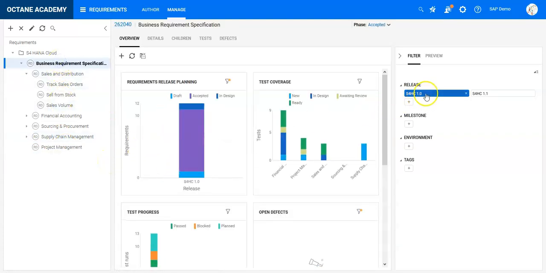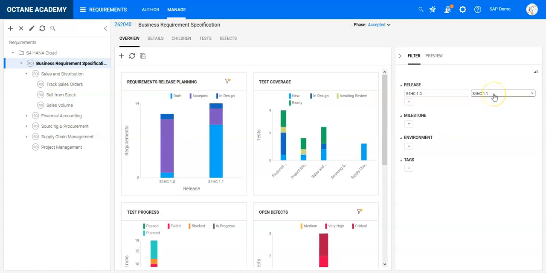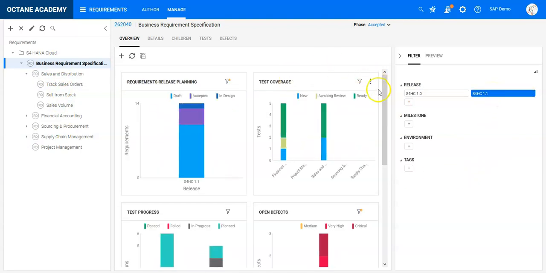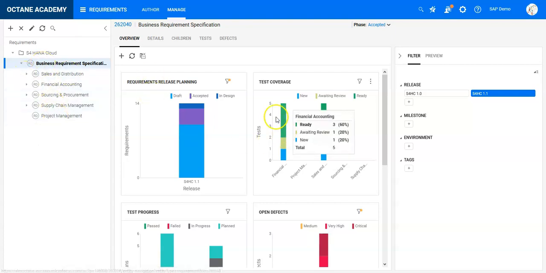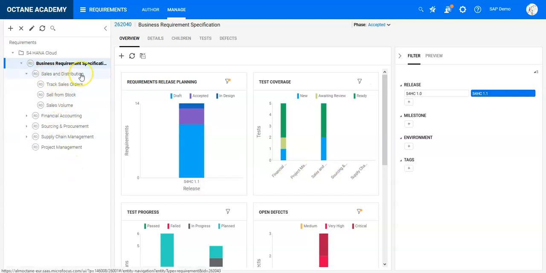So as we are in the latest release, which is 1.1, and we are in the middle of it, we can see here that for the different areas we still don't have coverage everywhere, but I would like to now focus on sales management, sales and distribution, and I would like to create a new requirement which is order to delivery. Yeah, where I would like to describe how an order to delivery requirement should be